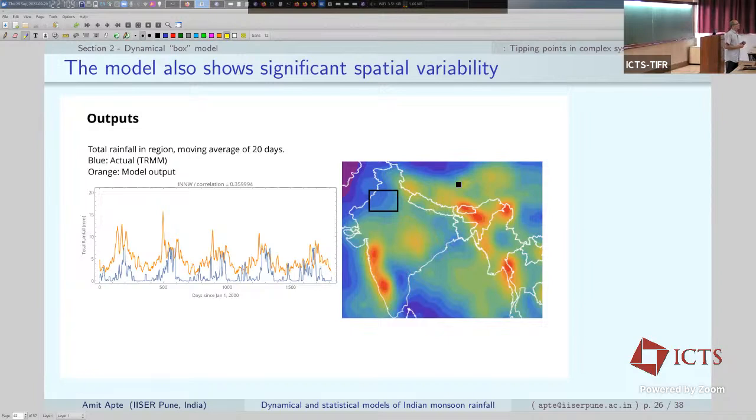I have two comments. You started discussing whether we have tipping points in monsoon data because of the oscillatory behavior. Have you tried to look at fluctuations with the long-term seasonal periodicity removed? Because those may be easier to model. And if we expect any tipping, like deviation from the normal seasonal monsoon, you would probably get a signature in fluctuations rather than in raw data. It's my kind of guess, but maybe it's worth looking into.